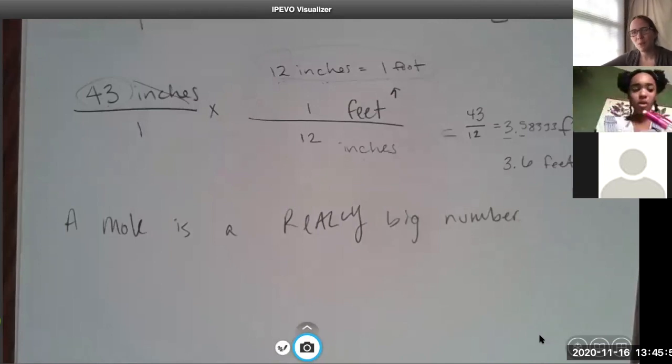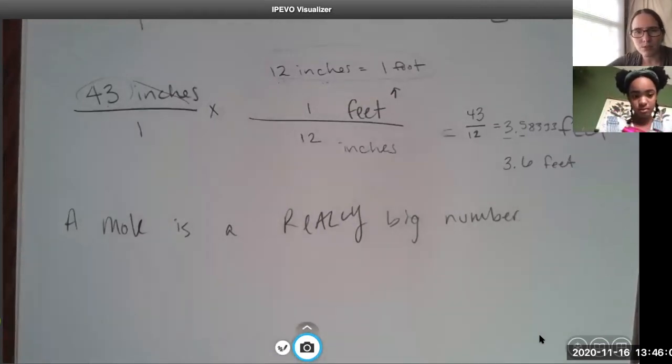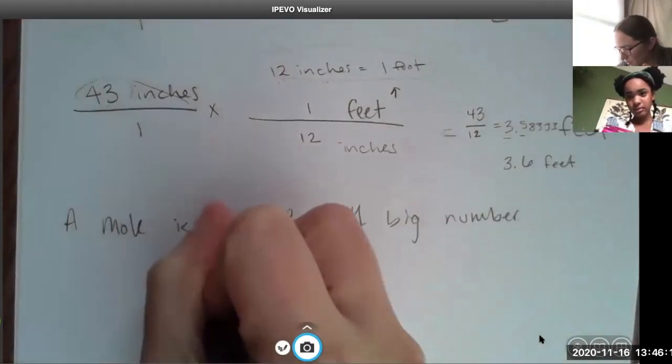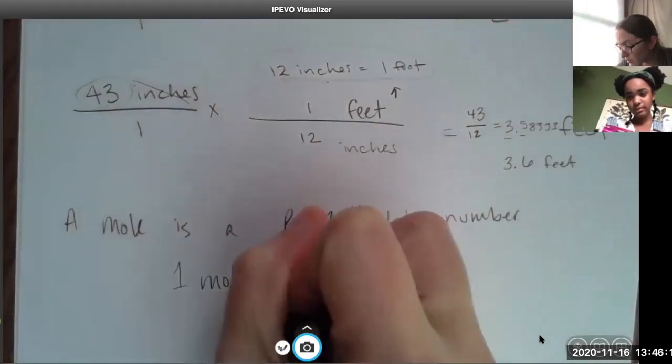I haven't looked at the homework quite yet. I was wondering if we could do a practice question off of that. Yeah. Let's do it. Okay. So a mole is, one mole is